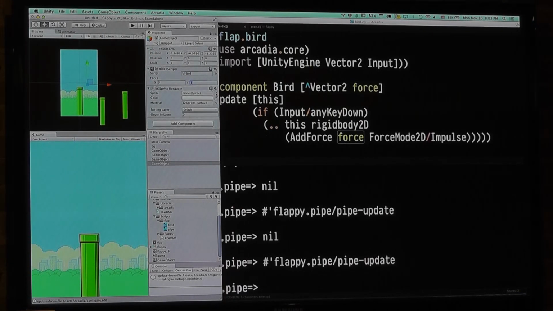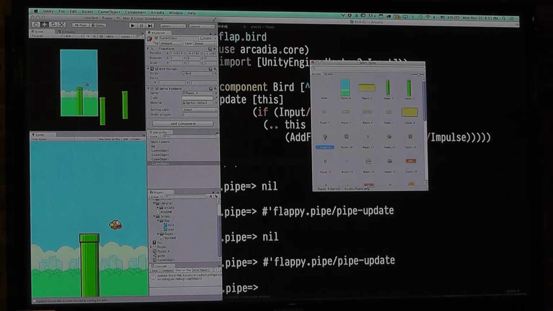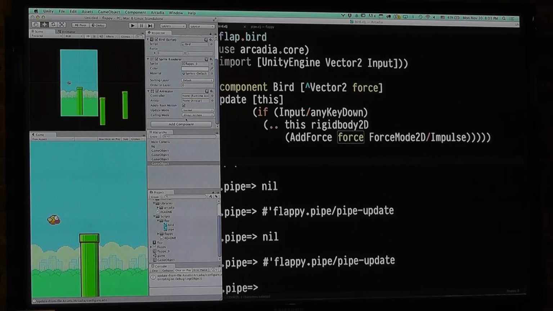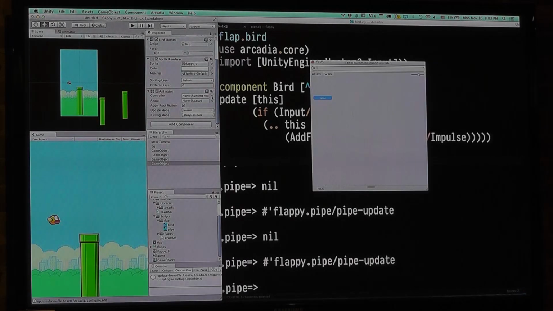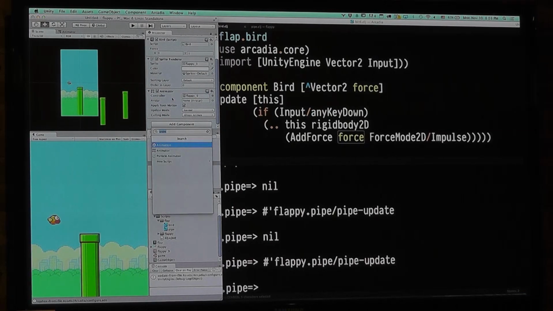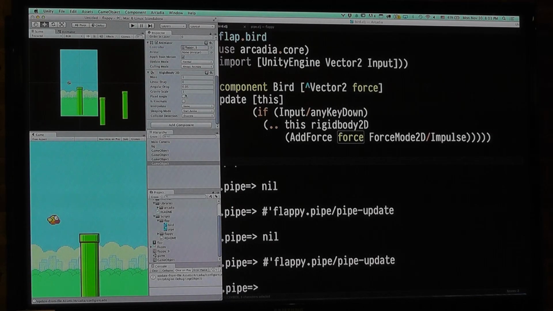To make it look like a bird, I'm going to add a sprite renderer, Flappy Bird. And then to make him flap, because we do not cut corners, we add an animator. This is an animation that I set up beforehand. Oh, and he needs a rigid body because he's physics. So, rigid body. I'm going to lower gravity. Gravity is normally at 1. I'm going to set it to 0.2, just to slow things down a little bit. And if we run,